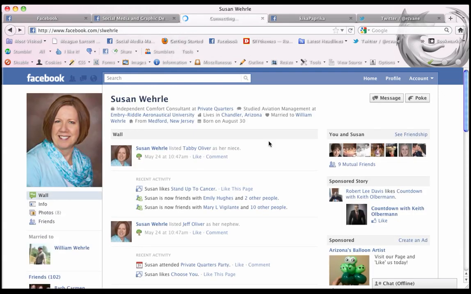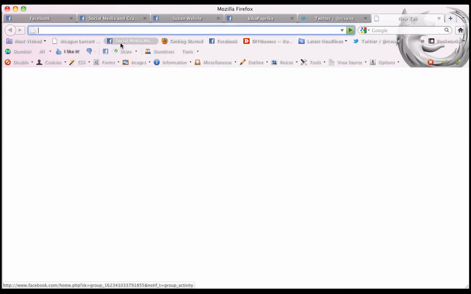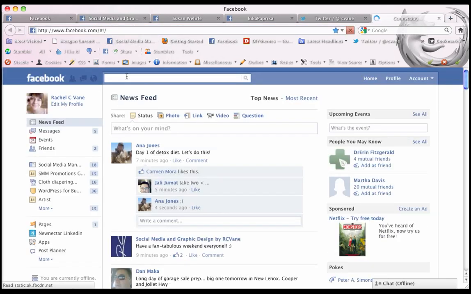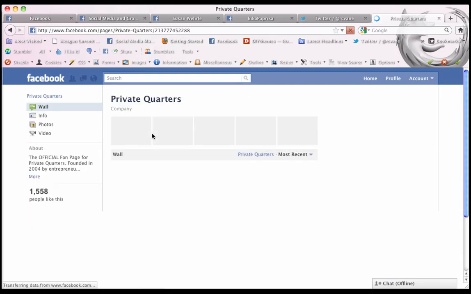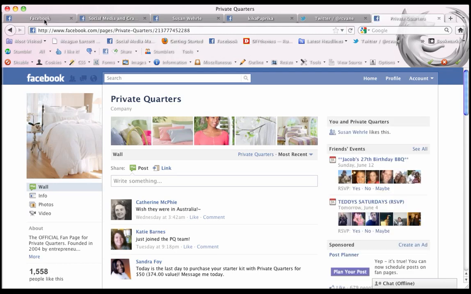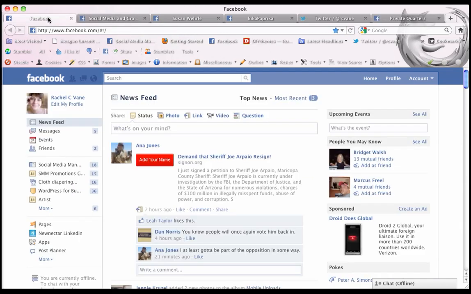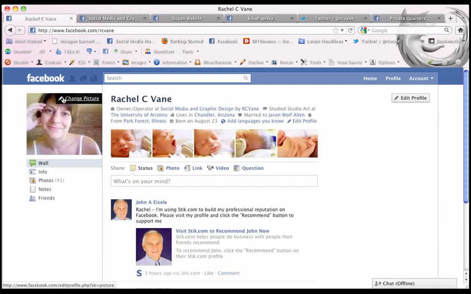So I'm going to show you a couple of ways to fix this because there's a couple of different problems that could potentially come up when you try to do this. And let me show you actually what page should be going for. This is the page that should be coming up for Susan. So basically what you do when you log into your account, you can see where your employer would be if you